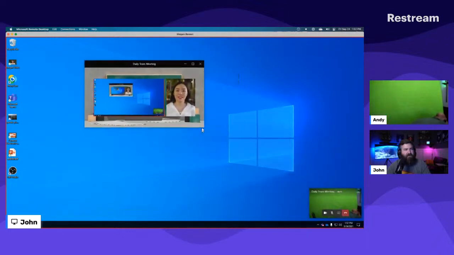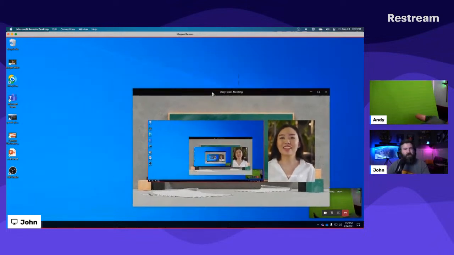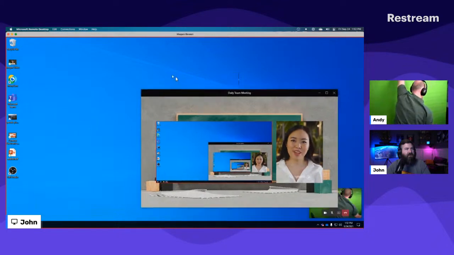It's not displayed through the meeting, so it's going to be transparent. And this is a way that you can monitor yourself. You can put this in the lower corner and hide your confidence monitor, if you will. And you can change the backgrounds that way.